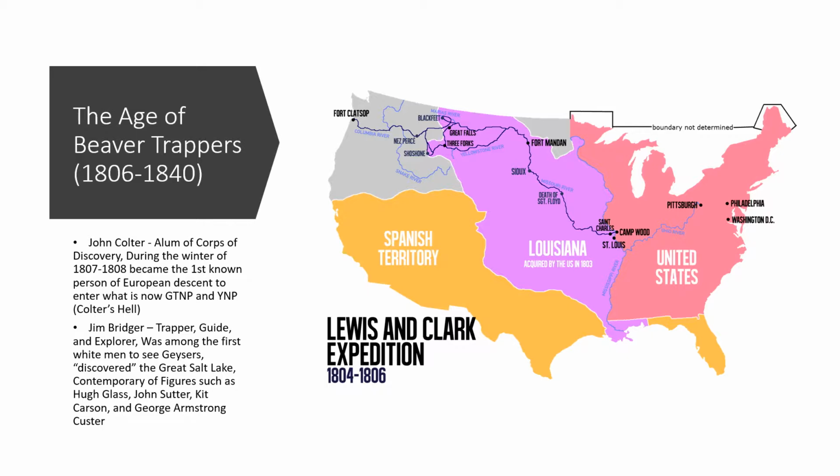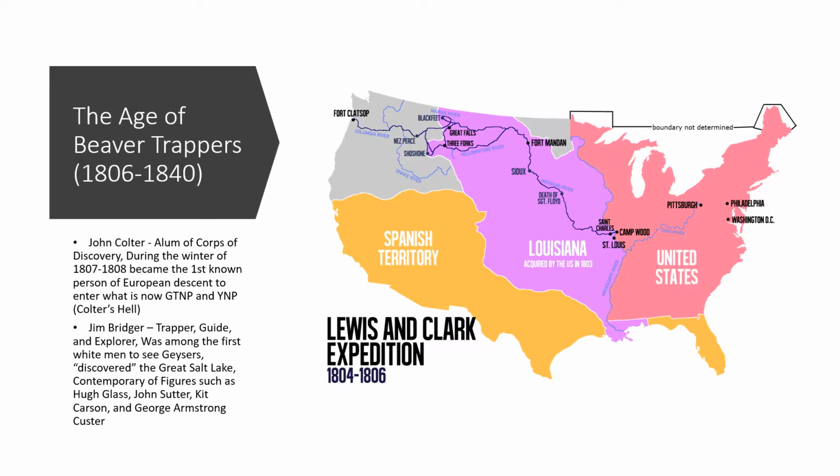So Jim Bridger was a trapper, a guide, and explorer, and he was one of the first white men to see geysers. He's credited with, quote unquote, discovering the Great Salt Lake,